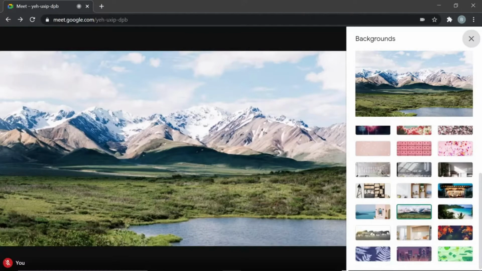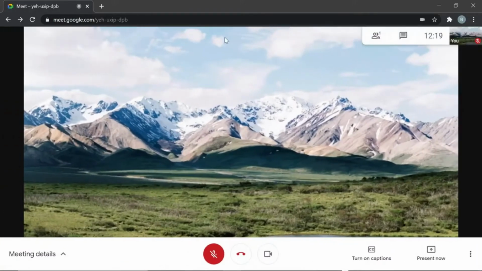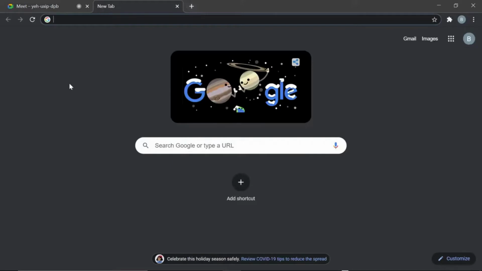But let's say you don't want these and you want to use another picture. Well, you came to the right place. I will now show you how to put a non-default image onto your Google Meet backgrounds. So let's get started. What I want you to do is open up a new tab and type in